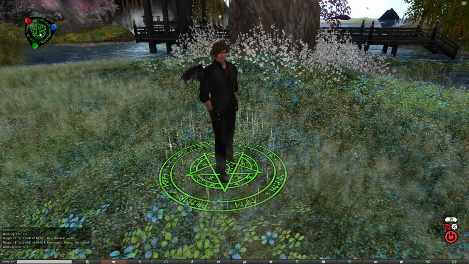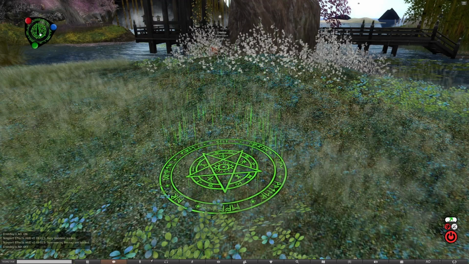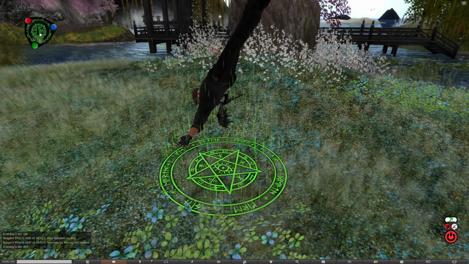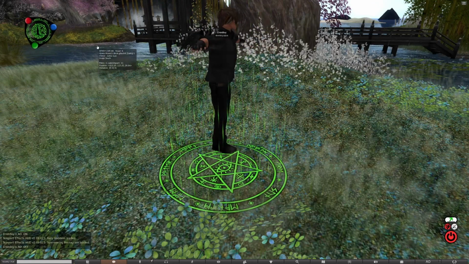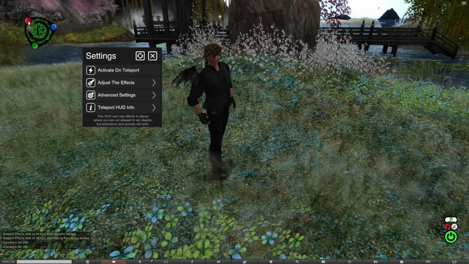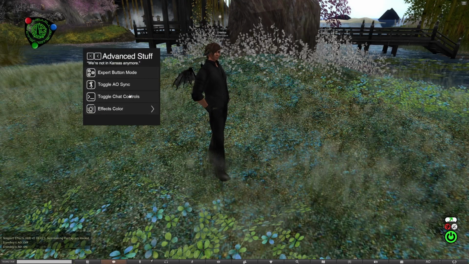And here's a green pentagram. And that concludes the advanced settings of the